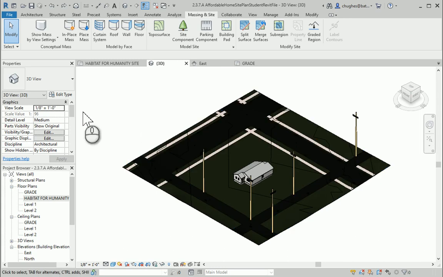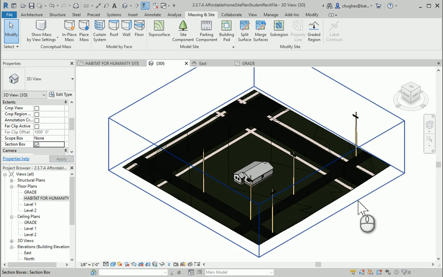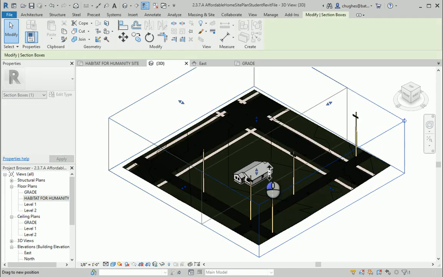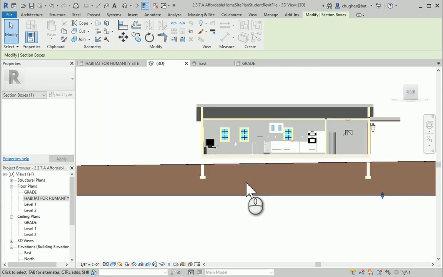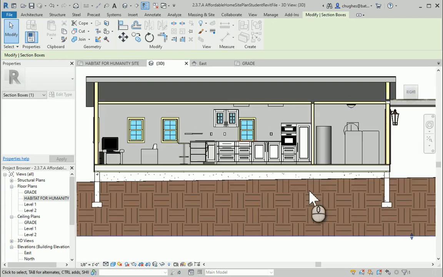However, let me go ahead and take a look through the properties palette, and I want to find the section box option and show when I cut in from the side what the house pad is going to do for us. So right now, here would be like a section view of our home, and you can tell the site itself, the topography is running right through the underneath of the home and right about where the